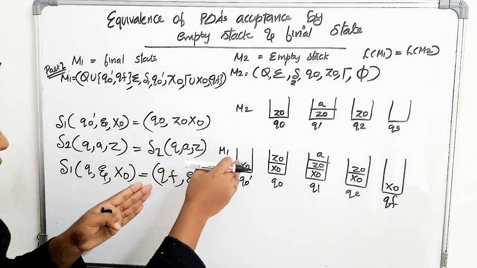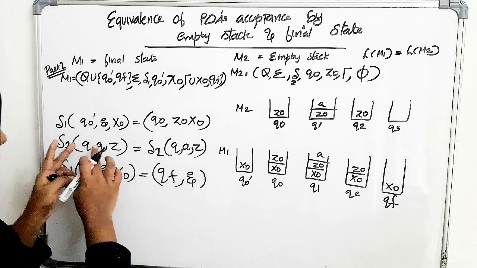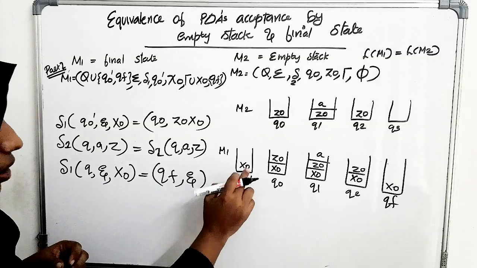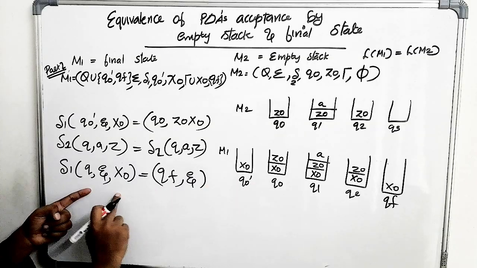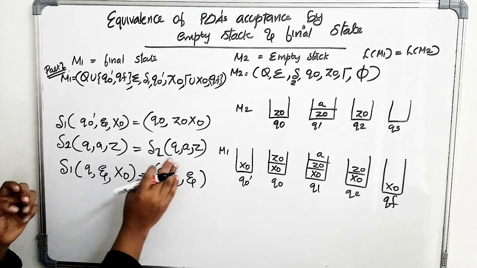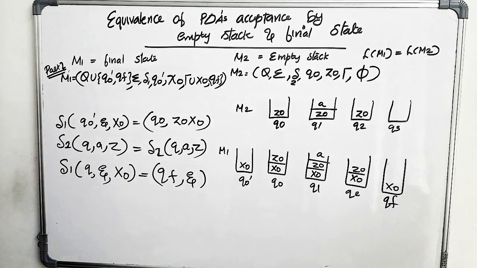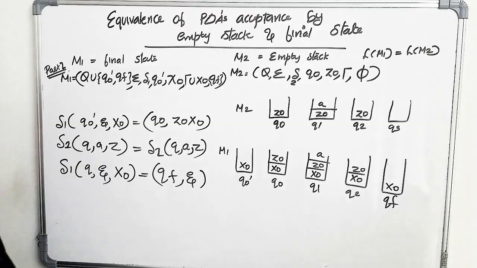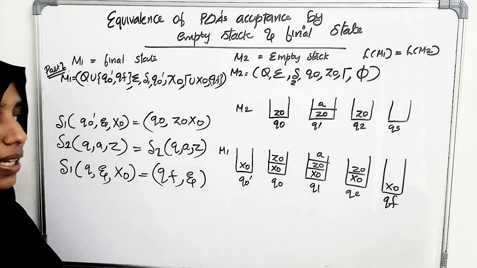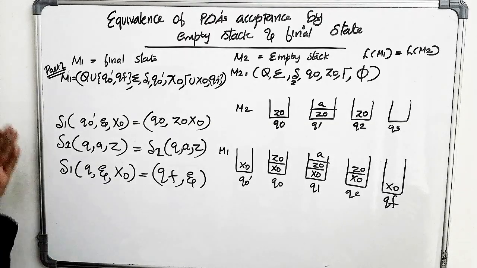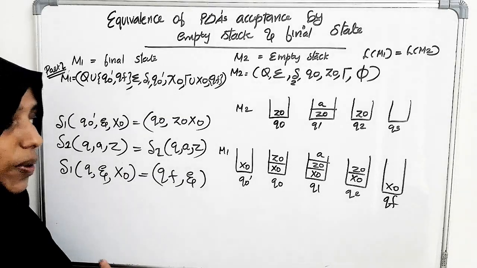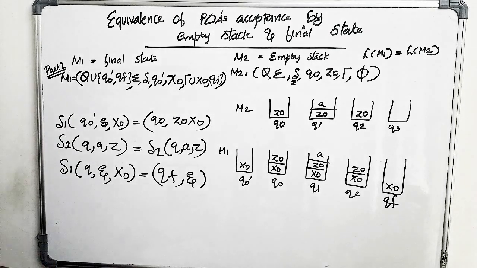So everything M2 does is copied by M1 in the middle portion. That is, for the first step, we are putting an additional X0, so that when we see X0 on top of stack, we can go to the final state. All the steps in between are completely copied from that of M2. So we can ensure that whenever M2 empties the stack, M1 has X0 on top of it and goes to the final state by seeing that X0. And by part 2, we proved that whenever M2 accepts a string, M1 can also be made to accept that string. By part 1 and part 2 taken